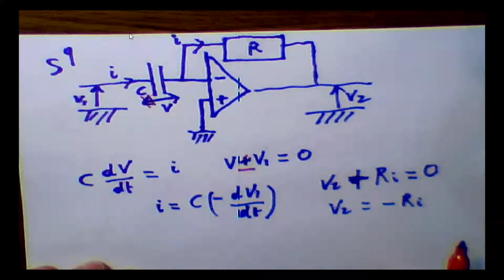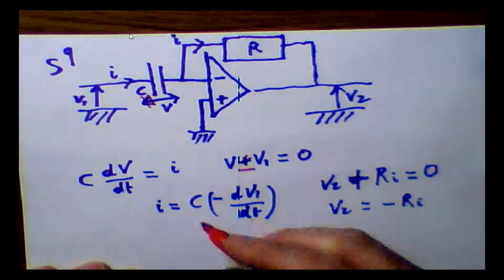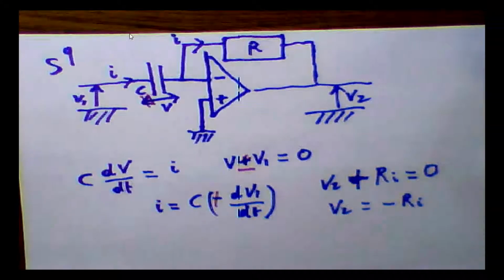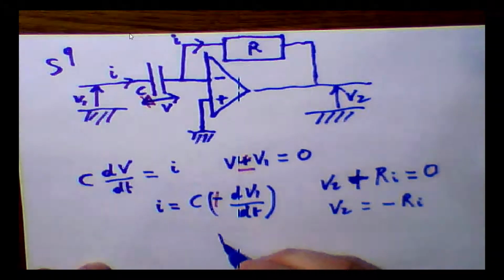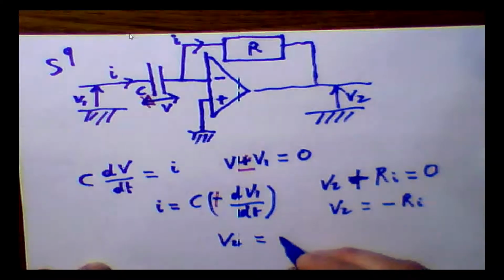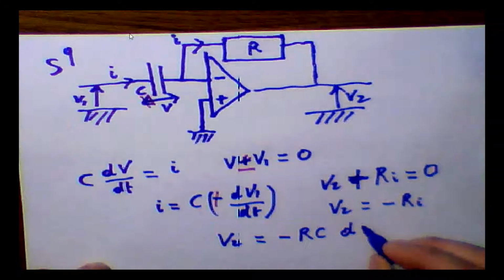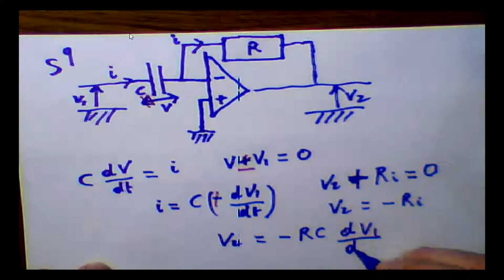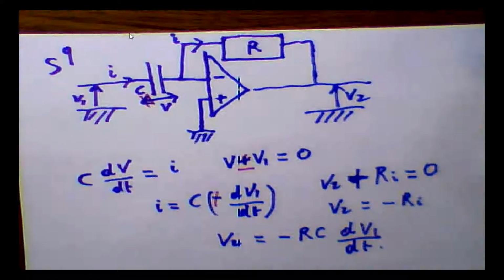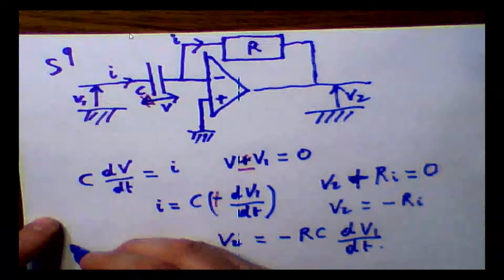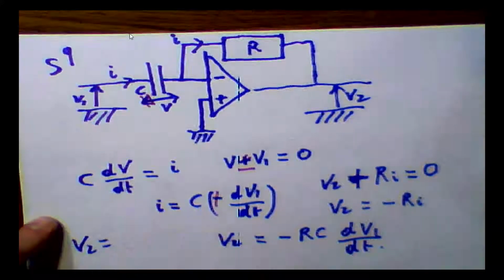And therefore, I is equal to C times dV1 dt. Under these conditions, we obtain that V2 is equal to minus RC dV1 dt. And therefore, up to a sign flip, we can write that V2 is equal to,